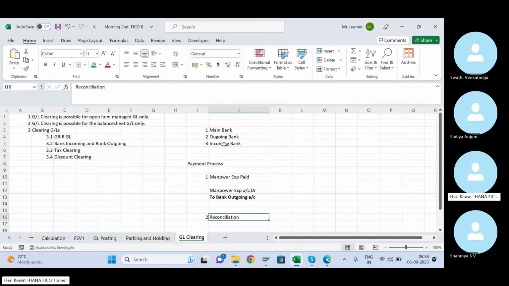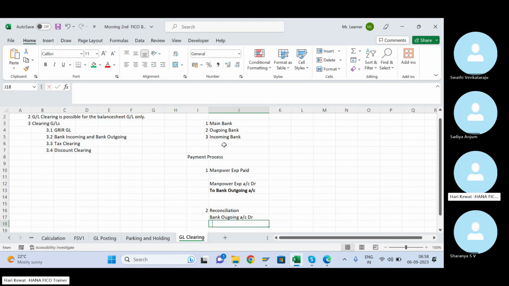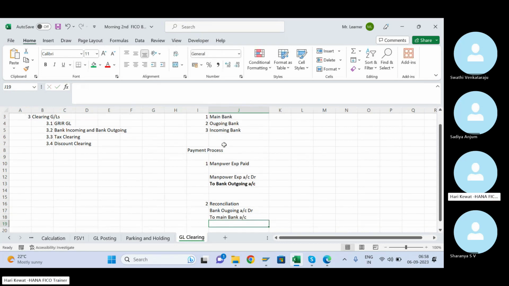When I do reconciliation, my bank outgoing goes into debit and my main bank account comes into credit. Okay, ideally this is credit, this is debit, it becomes zero. The actual entry left is this, and that is what is supposed to be.